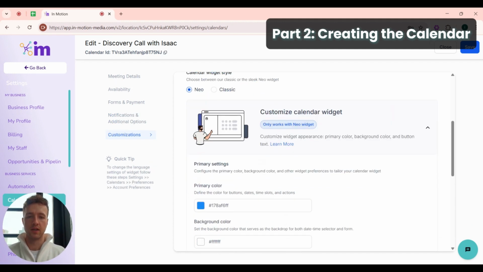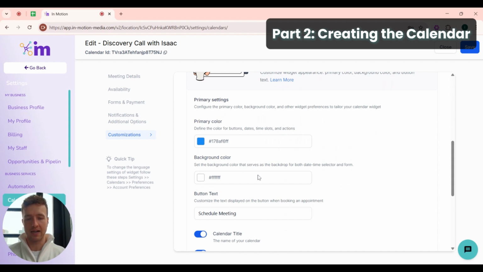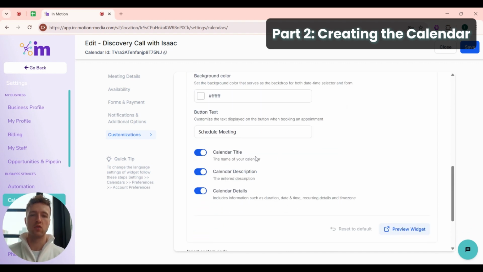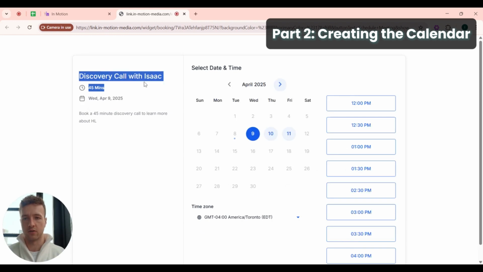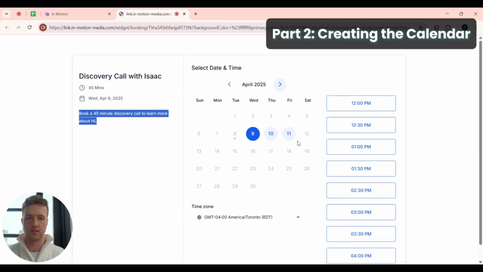So here what we can do is set the primary color and the background color of our calendar. If you want to see what this looks like before making this live, we can go and preview our widget. What you'll see right now is the title and the description down here. The primary color by default is this blue color, and the background is white. If you've added your logo, it will appear above here,